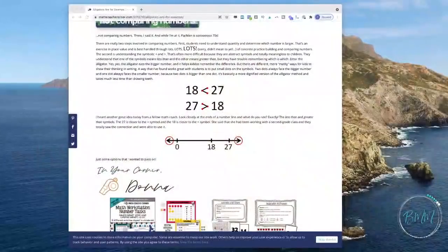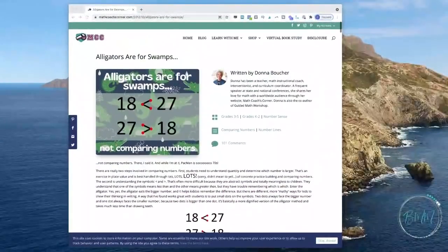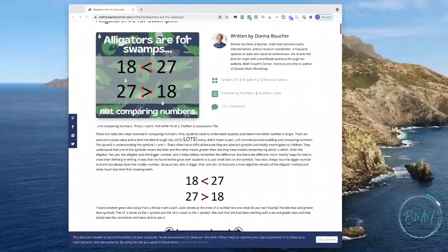So I know that people get really heated about the use of crocodiles or alligators, whichever one you want to call it. And in the comments, there were lots of examples and other ideas. So a few people even shared the Math Coaches Corner post. Let me bring that one up here really quick, because there was a really cool visual that went along with that one. If you're not familiar with the Math Coaches Corner, Donna does a great job on this site,